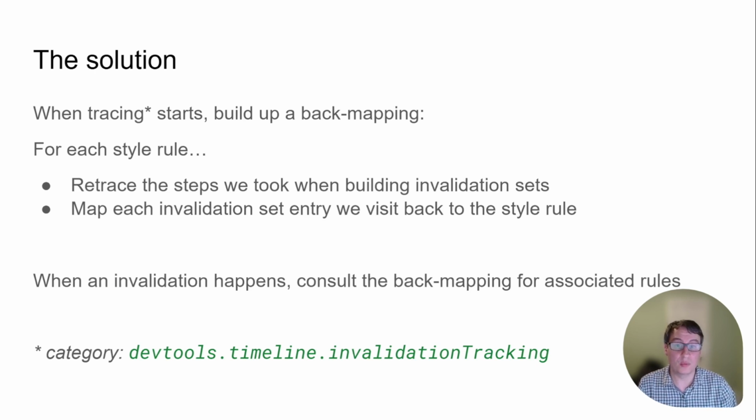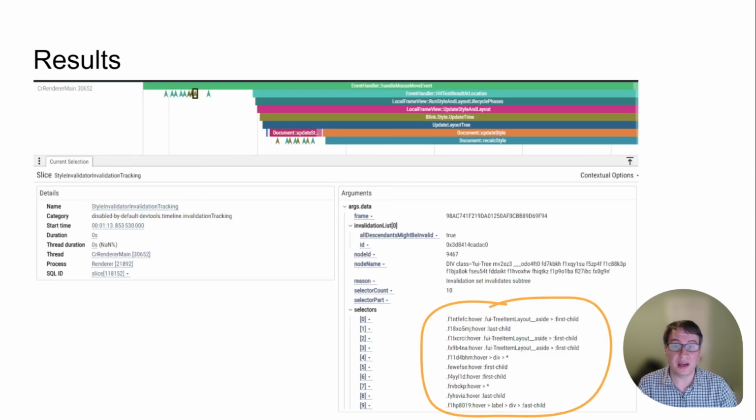To solve this problem, we refactored the code that generates invalidation sets. Now that code can also be called in a special mode that retraces the steps we previously took and maps invalidation sets back to the style rules that generated them. When tracing is enabled, we can consult this mapping to connect invalidations back to rules. The result is that now, when an invalidation happens, authors can find out exactly which style rules led to that